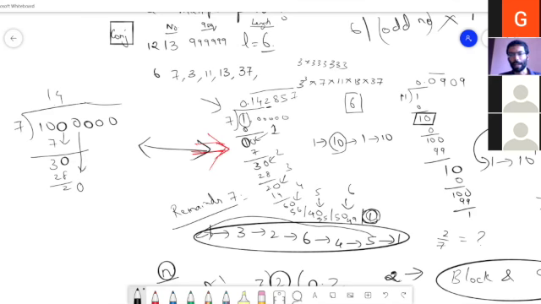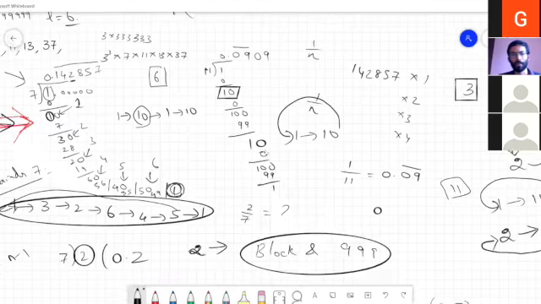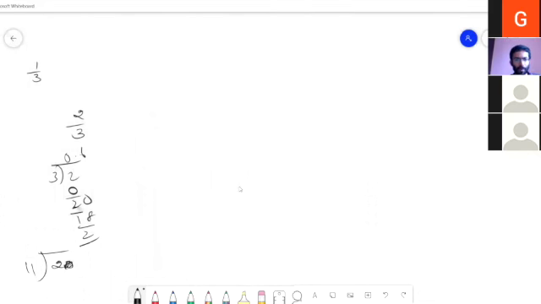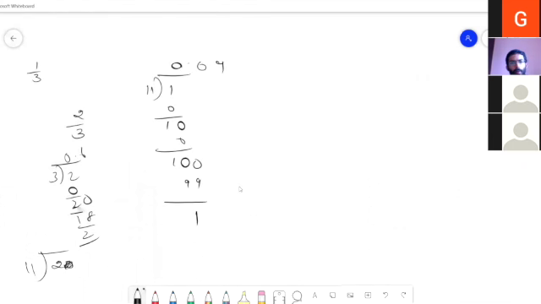Okay. So now we will take this case of 1 by 11. So now we have this and then this repetition, right? Now instead of this, I have 1 0 here, another 0 here. If I consider this, what would the remainder be? It is 1, right?